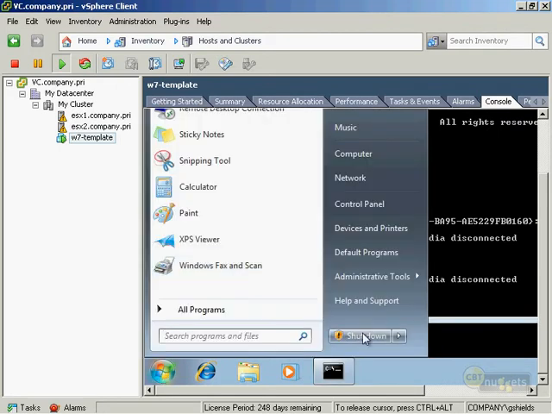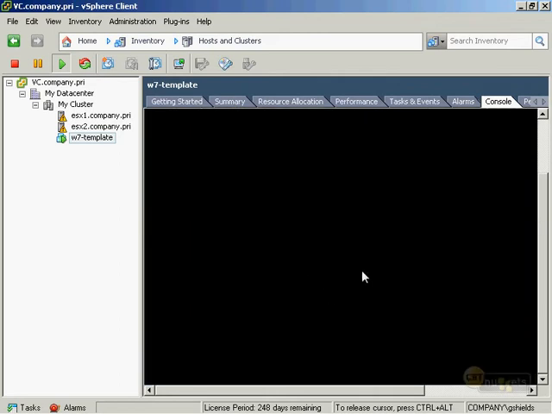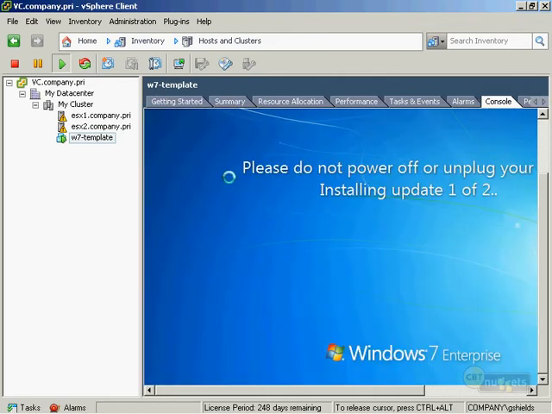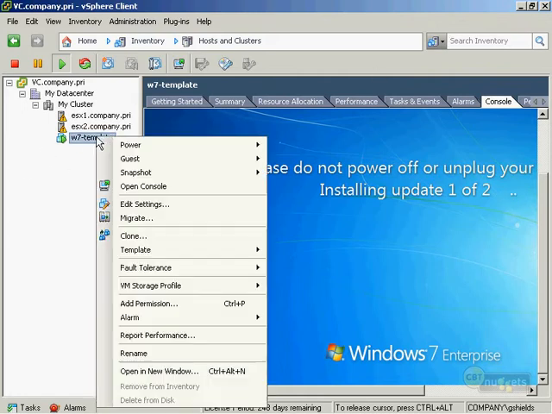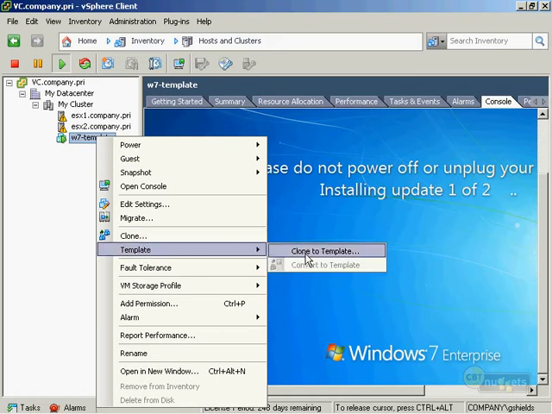So I will click to shut down the computer and actually install a couple more updates here, which is just fine. As this machine is powering down, what we're attempting to do here is prepare this computer for turning it into a template. We can do that here by right-clicking on the template and choosing Template and Convert to Template. While the machine's powered on, I can clone it to template,